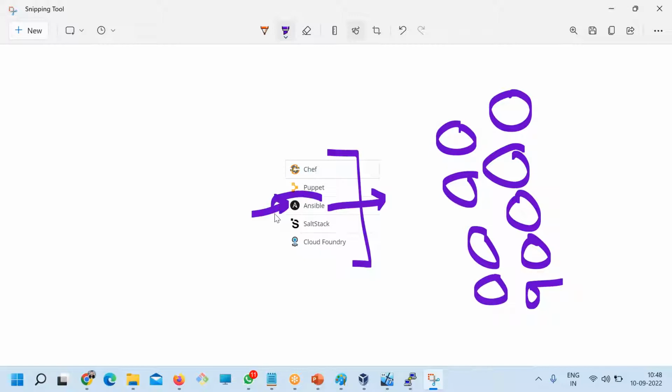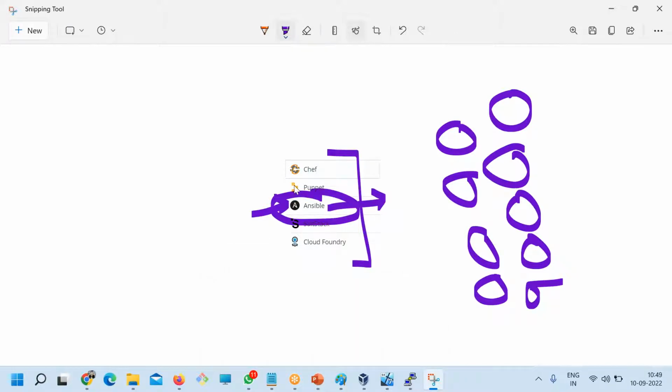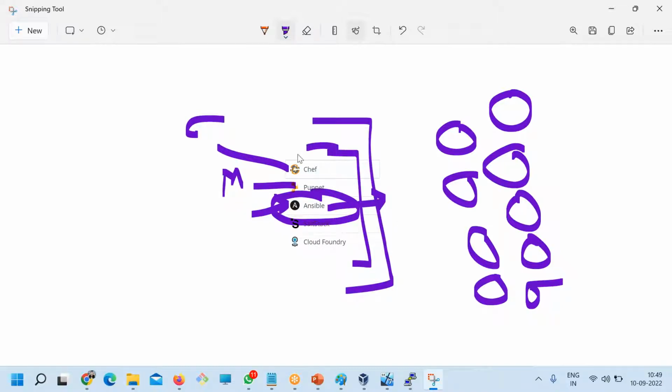In Ansible, what do we call the script? Playbook and roles, right? In Puppet we call it modules. In Chef we call it cookbooks. So how can you deploy the agent on hundreds of machines? This option you can use.